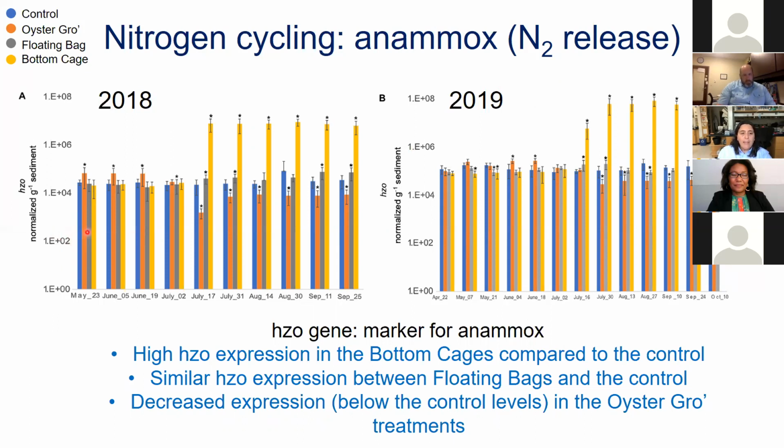As you see, the Anammox process occurs during both sampling years. But what is interesting is that the bottom cages in specific, which is the oyster treatment with the closest proximity to the sediment, is the one that, as we can see, increased the expression of the marker gene that has to do with Anammox. That means that the bottom cages had higher release of nitrogen compared to the other treatments, like the oyster grove,